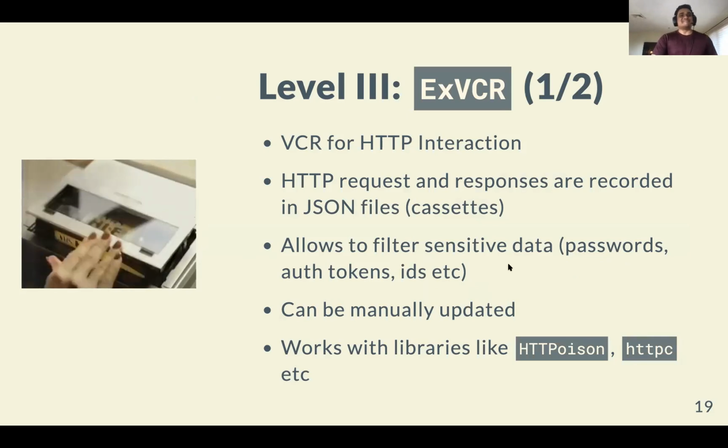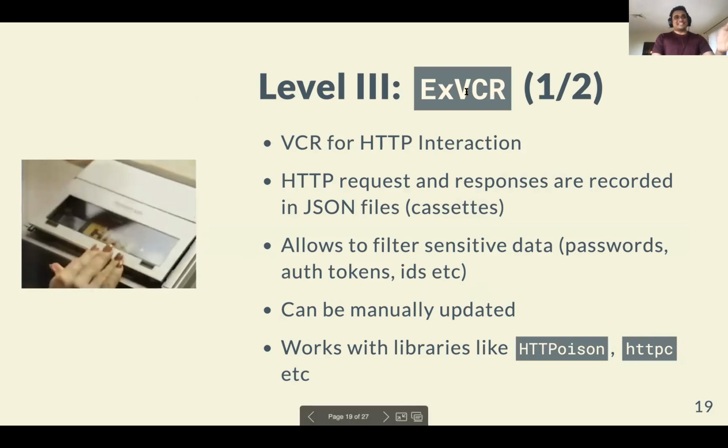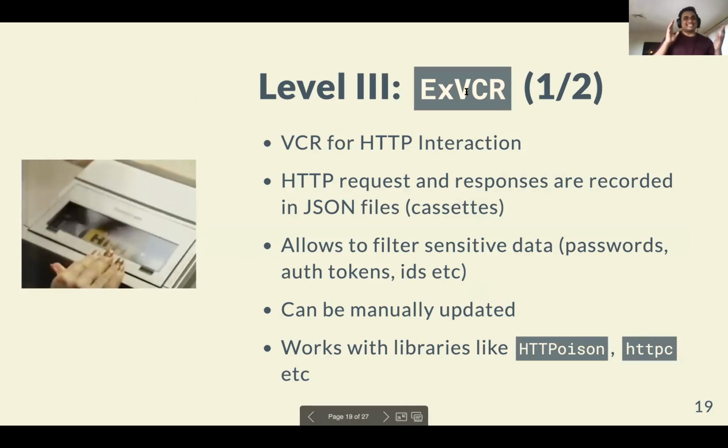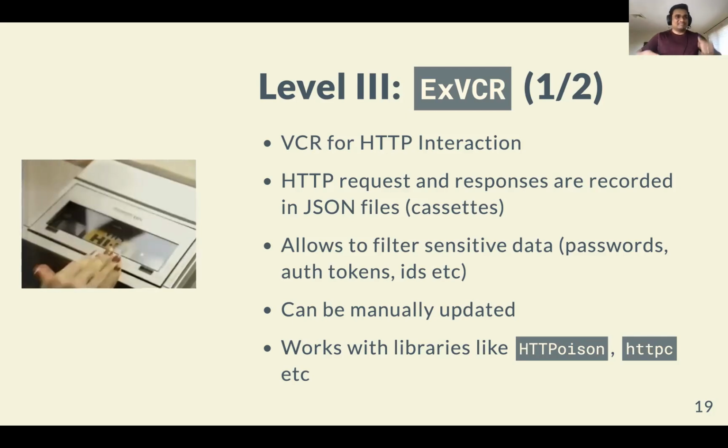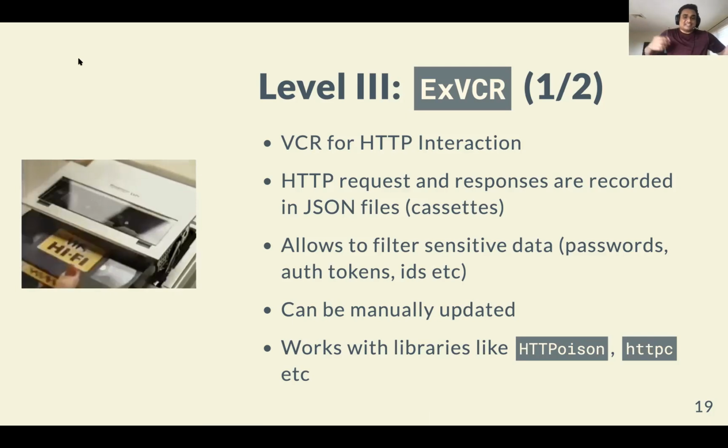Sorry, but yeah. So ExVCR, as the name suggests, it's like VCR for HTTP interaction. Like, what does VCR stand for? Video recording something, whatever. Does anyone know? I think it's video and recording. I don't know what C is. Cassette. I guess it's cassette probably. Video cassette recorder, probably. Anyway, so yeah, instead of video, you're recording